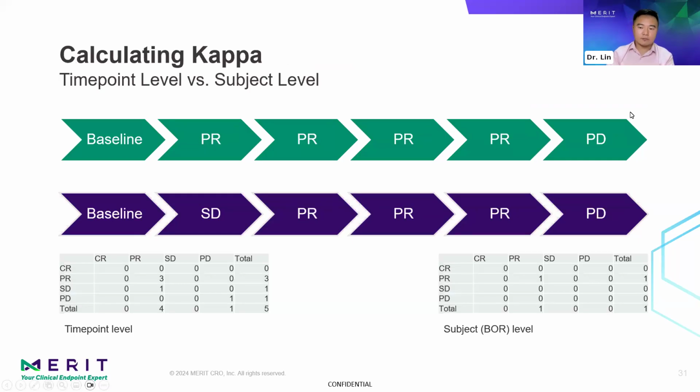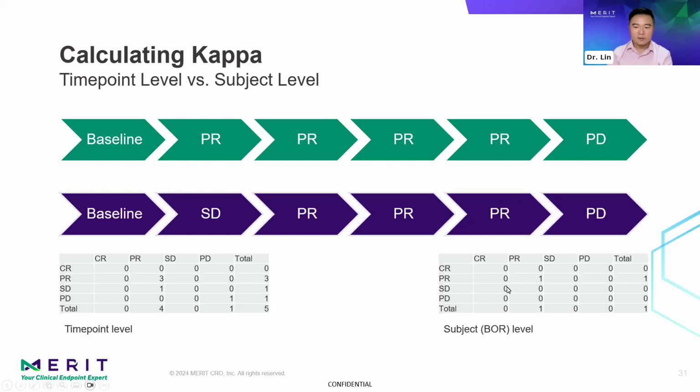In the variability read, the choice of calculating kappa at the time point level or at a subject level can present a trade-off. Calculating kappa at the visit level could provide a more granular assessment of reader consistency across individual time points. And this approach can capture the finer details of agreement and potential discrepancies at each time point. However, it may lead to excessive focus on minor discrepancies and potentially divert attention from study endpoints.